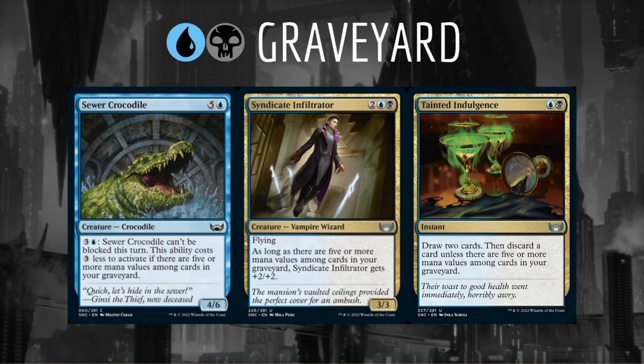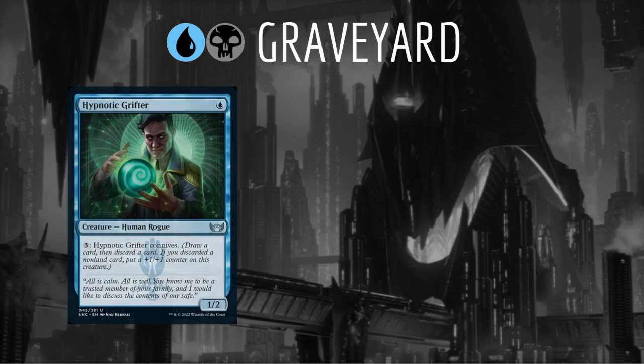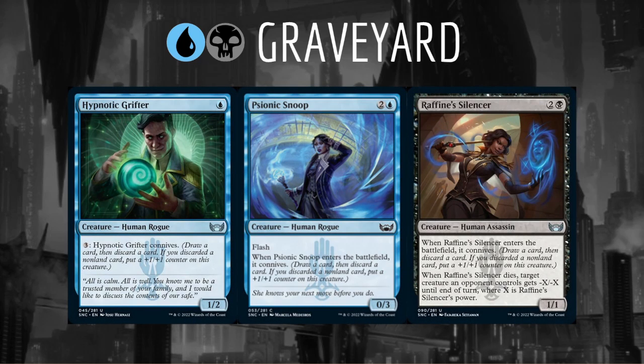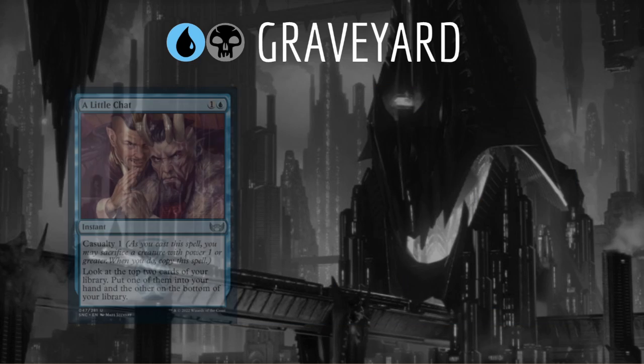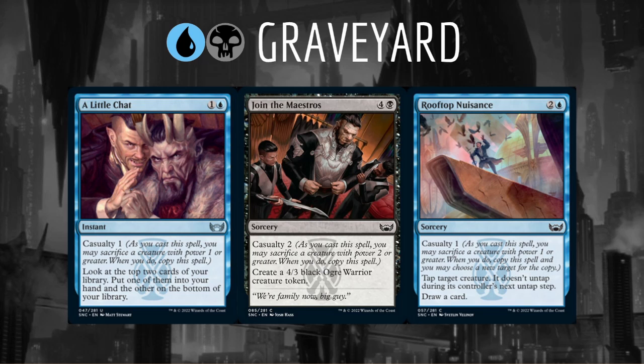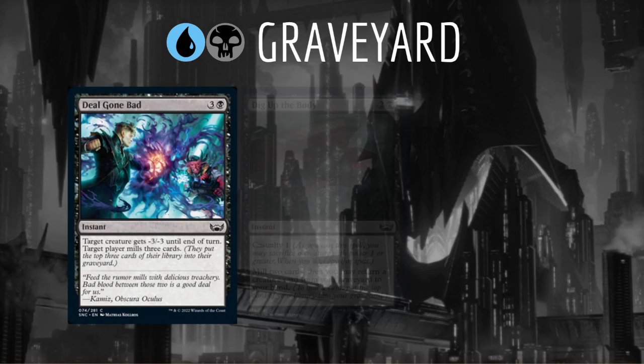This clause acts as a nice payoff if we are already conniving a bunch with cards like Hypnotic Grifter, Psionic Snoop, and Rafine's Silencer. Sacrificing creatures to casualty spells like A Little Chat, Join the Maestros, and Rooftop Nuisance can help us fill up our graveyard, along with milling ourselves with cards like Deal Gone Bad, Dig Up the Body,